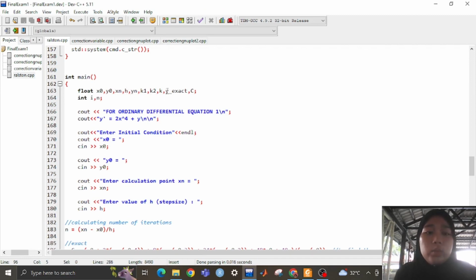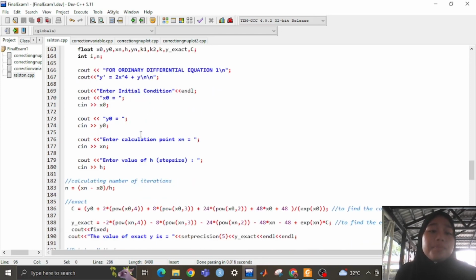yn, k1, k2, k, y, xz, and c, integer i and n, and then we cout for ordinary differential equation 1, cout our differential equation, and then cout enter initial condition. We need to allow our user to enter any initial condition according to their needs, and then cout x naught, and then we cin x naught, cout y naught, cin y naught, cout enter calculation